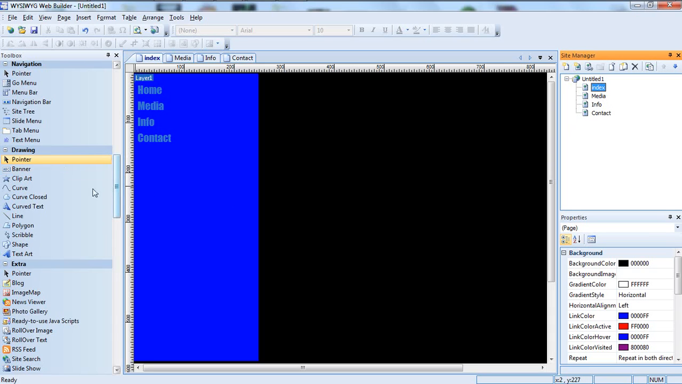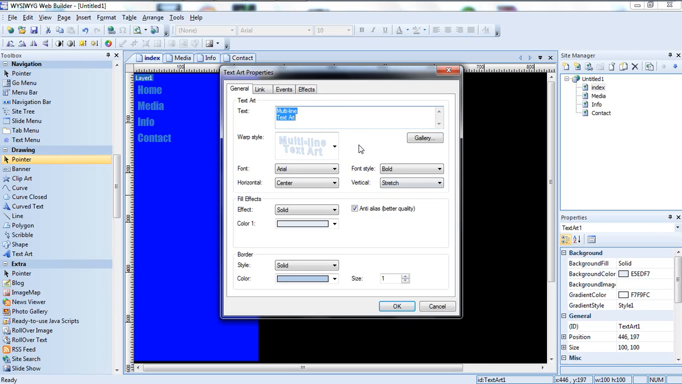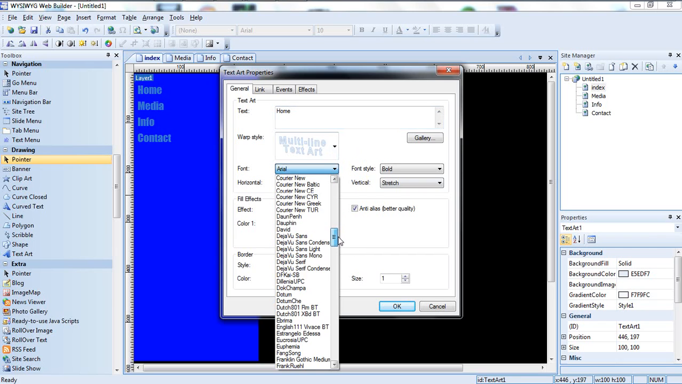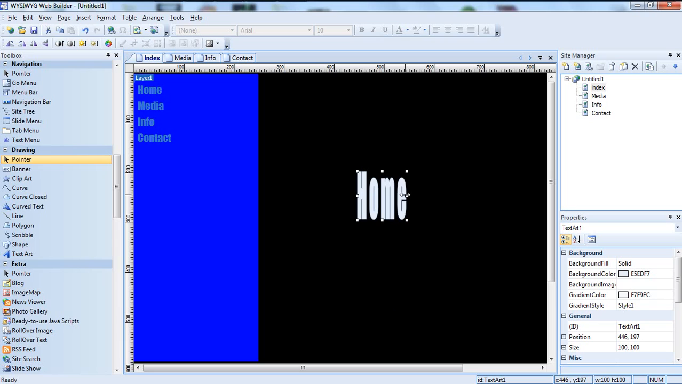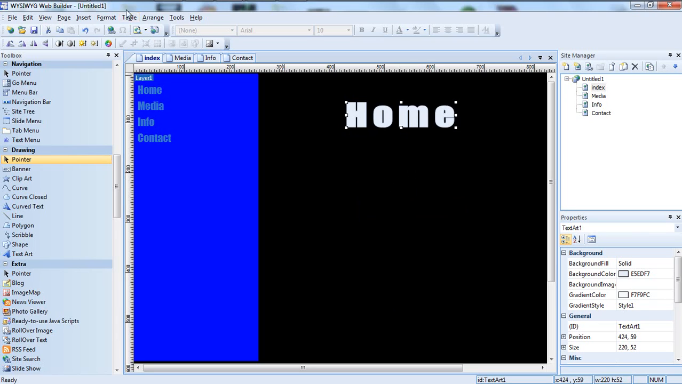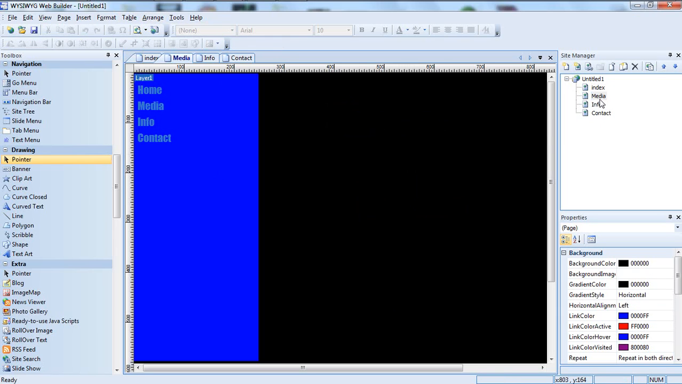Once again, we're going to go to text art under drawing, and we're going to do this again. But we're going to call it home. Change my font once again to Impact. And pretty much the same thing. Stretch it a little bit the way that you want it. Put it up top. Arrange, center page, horizontal. Blam. Same here, media,